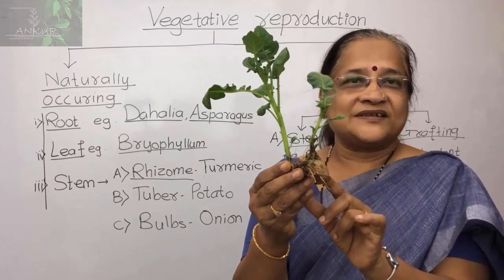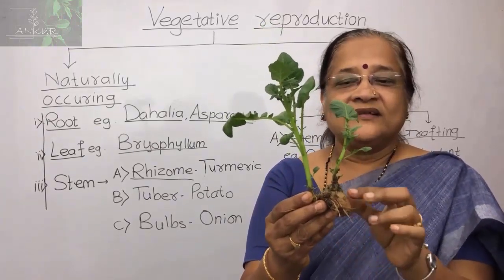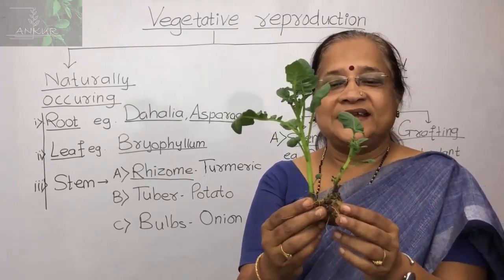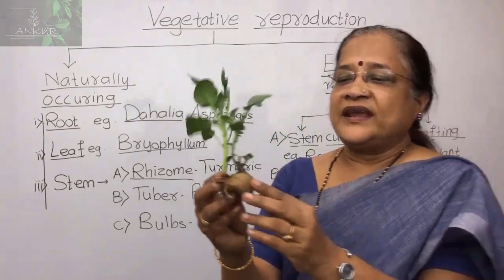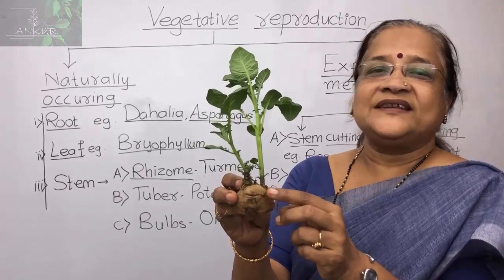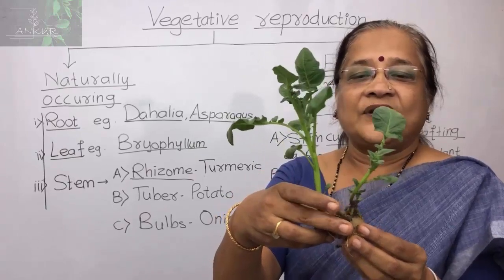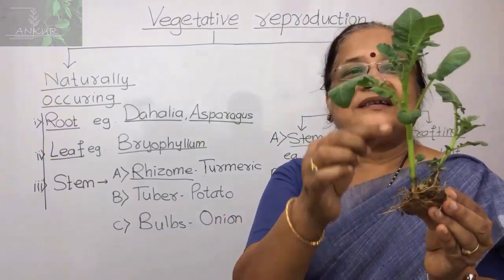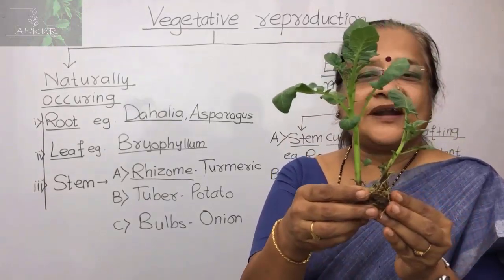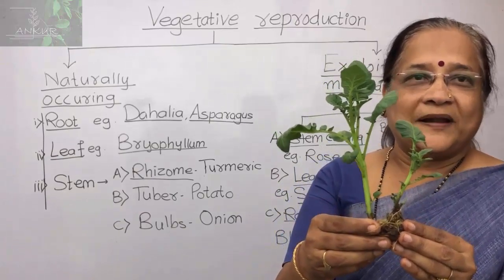This stem stores the food material which we use in our day-to-day diet. So this is the potato tuber, which is an underground modified stem. On this stem we mostly get some very small sprouts. When we put it into soil, from this small sprout you again get the plant, and the roots are there. So like that, this potato tuber is used for the formation of a new plant.